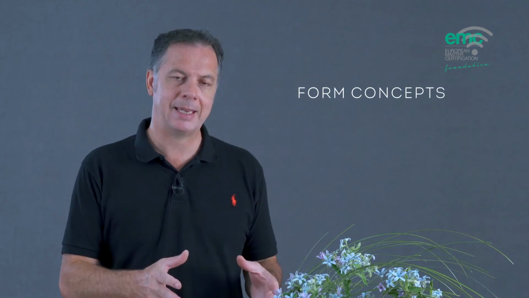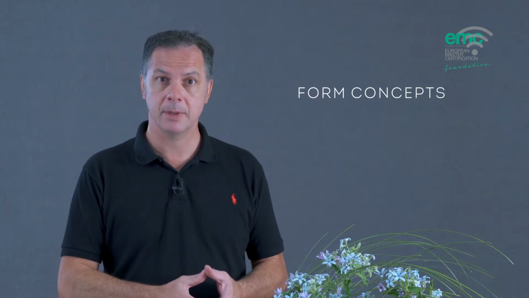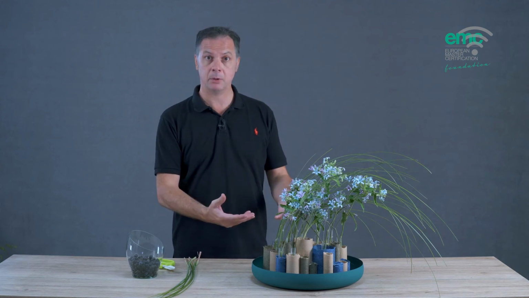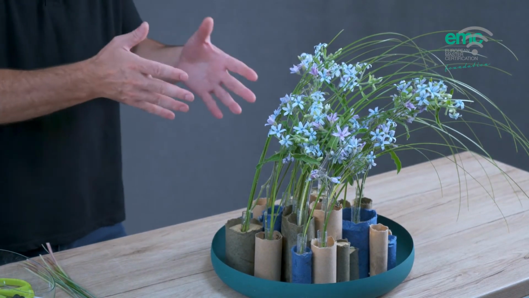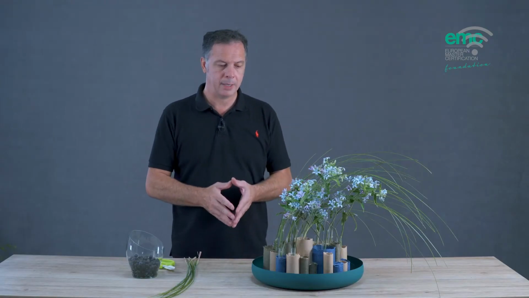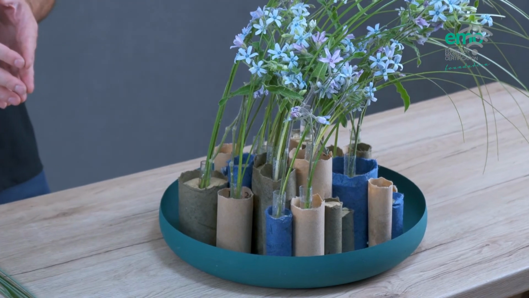So in this case, we just made some cylinders. Technically, it's quite easy. You just take some foam or styrofoam, you wrap it with a sort of paper that gives you a certain color, certain texture, and you just glue them to each other. In the middle of the foam, we just put a tube, and the tube delivers the water source to the flower. I just want to show you how we integrate the beer grass.